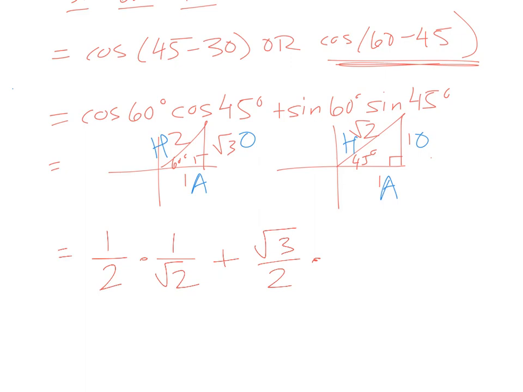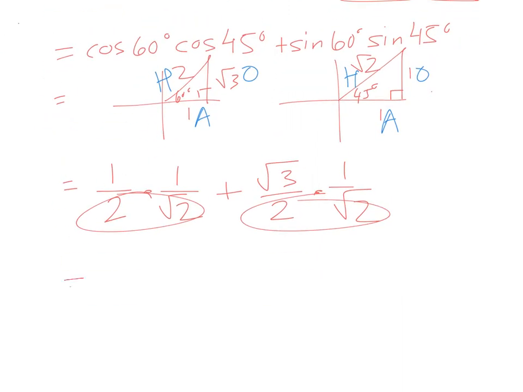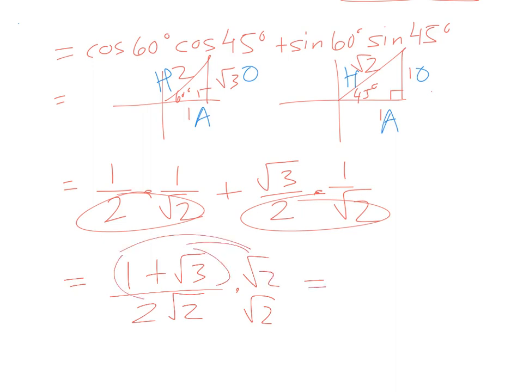And using the triangle to the right, I have 1 over square root of 2. Once again, I have a common denominator, so I could rewrite this as 1 plus the square root of 3 over 2 square root of 2. Rationalize the denominator once again. Don't forget to distribute. And we get square root of 2 plus square root of 6